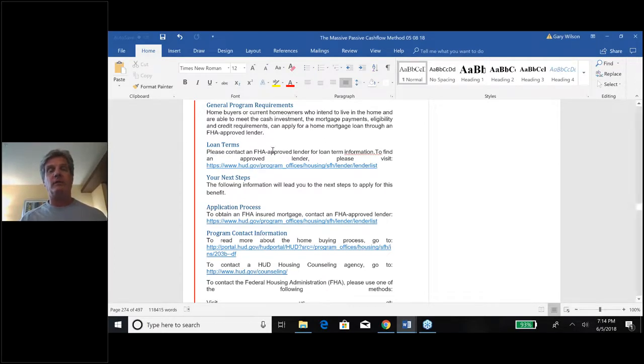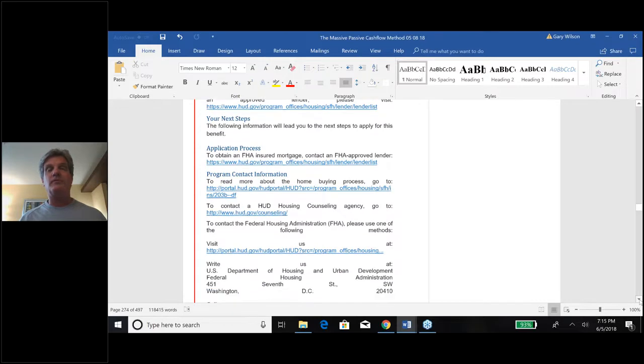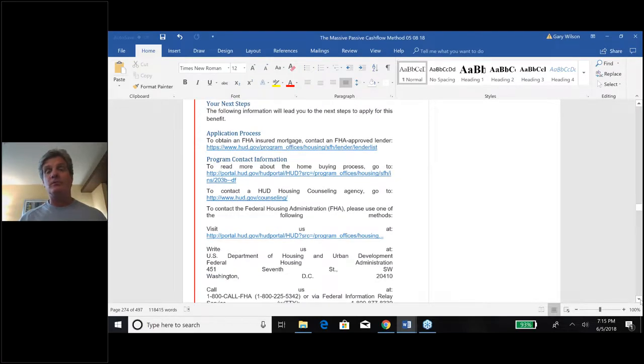And if you ever want to see the terms of these things, guys, you can actually click on these links. I know this is a Word document, although I bet if I clicked on it, it would work. You can see all the different terms. You can see what the steps are in the process, the application process, contact information. And in fact, guys, I will send this to Beverly tonight, so when she sends out the webinar recording tomorrow, you'll have all this information in a Word document,